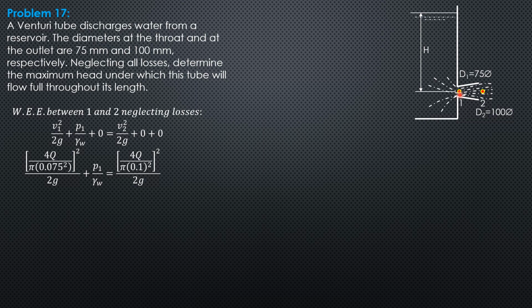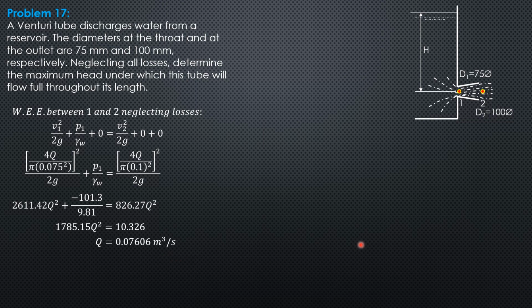So the possible negative pressure will be perfect vacuum, and that is negative 101.3 kilopascals. Then substitute, so 2611.42 Q square plus negative 101.3 divided by 9.81 equals 826.27 Q square. Simplifying, so 1785.15 Q square equals 10.326. From here, we can compute Q,